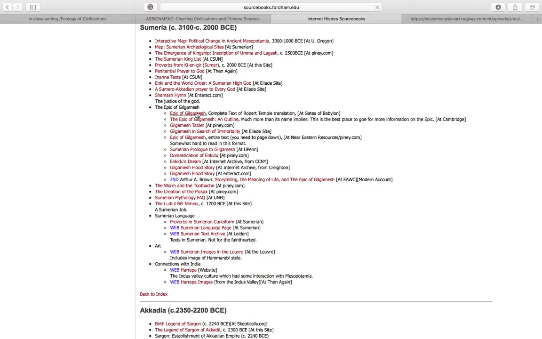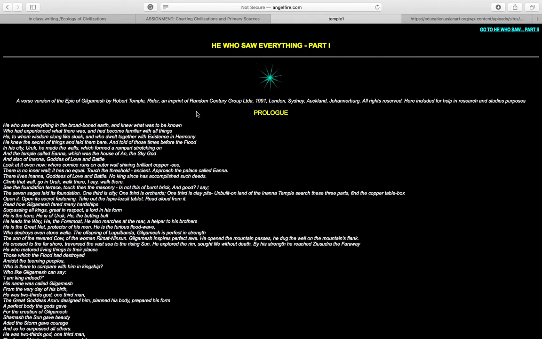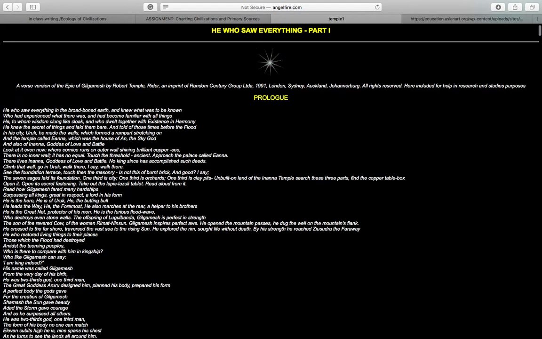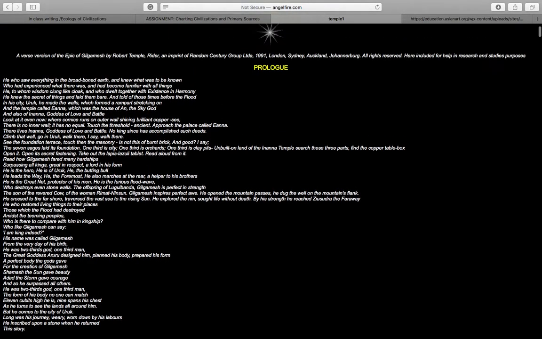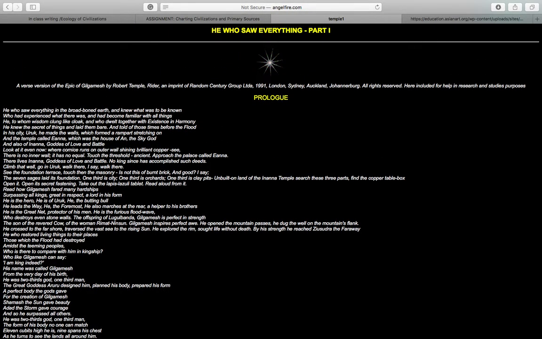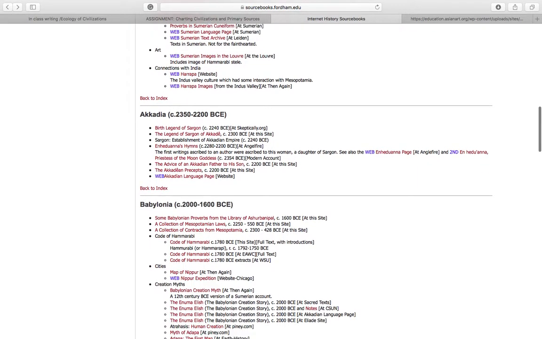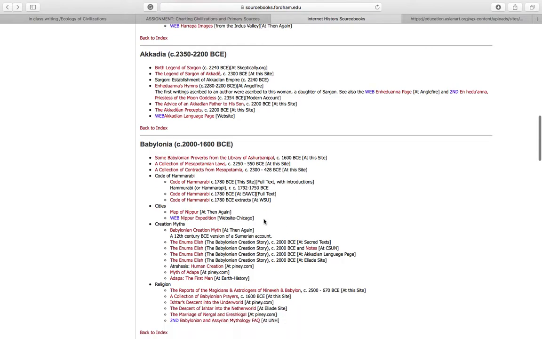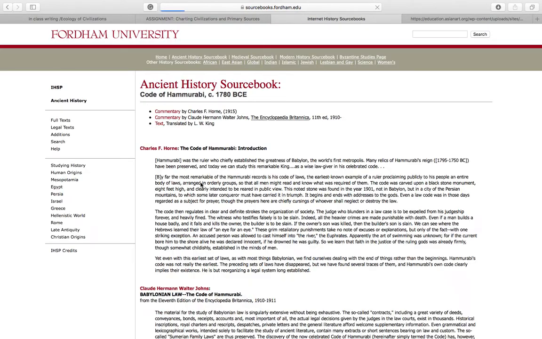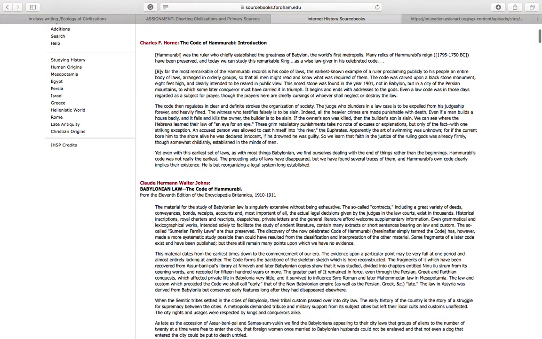I can also click Epic of Gilgamesh. And we start to see an example of a primary source from ancient Mesopotamia. And of course, this one is about the Great Flood within the Tigris and Euphrates rivers, and how it really tested the idea of immortality by humans. So that would be an example of a primary source there. You could also pick something from Babylon. We have used the Code of Hammurabi before, but you might want to look at the language in this yourself to really discover it.